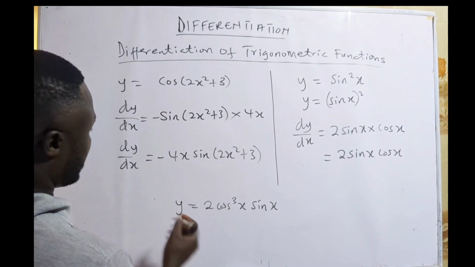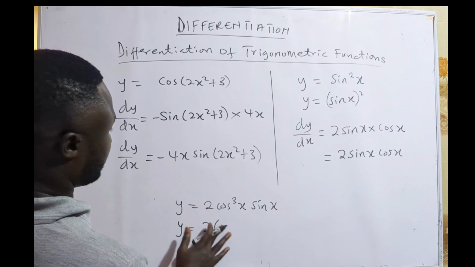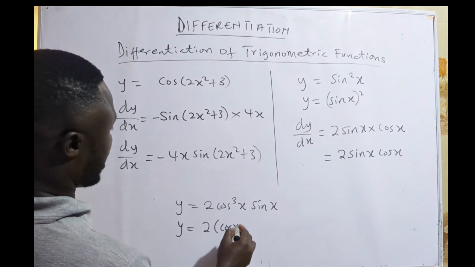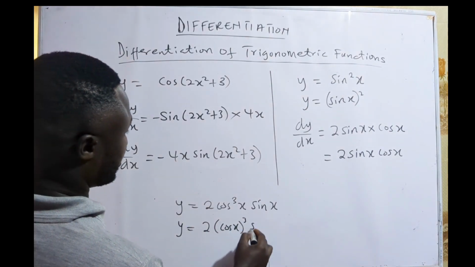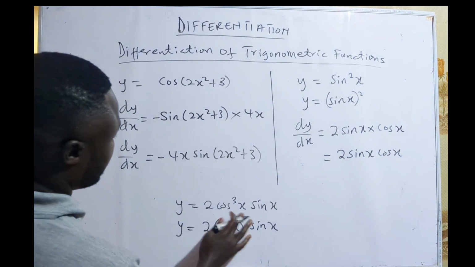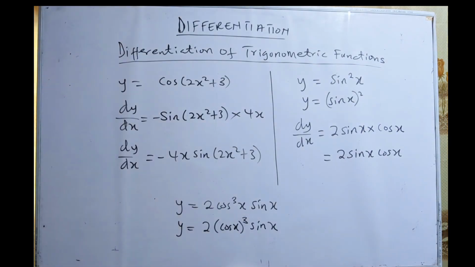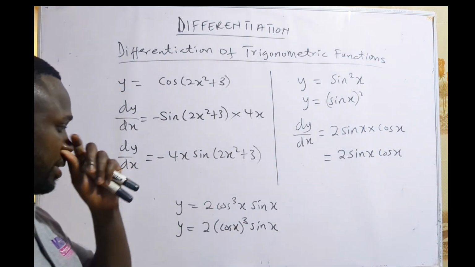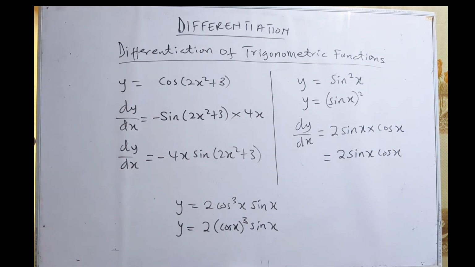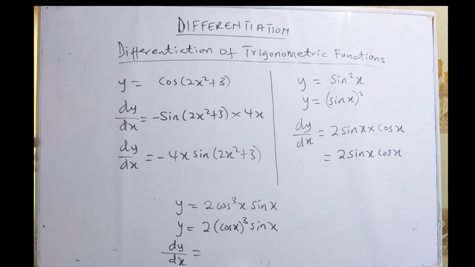To make it easy, y can be written as 2 (cos x) all cubed, times sine x. I think this will be simple for us. Cos cube x is the same as cos x all cubed. Then sine x. So if I want to differentiate this, my dy on dx will be equal to,